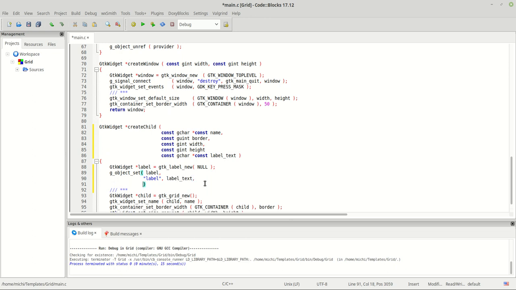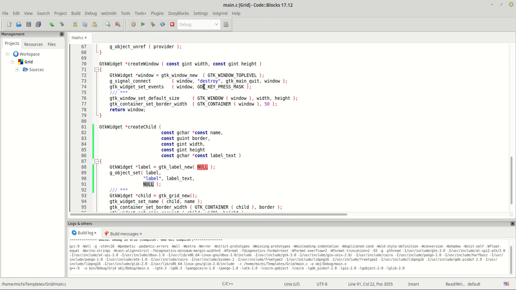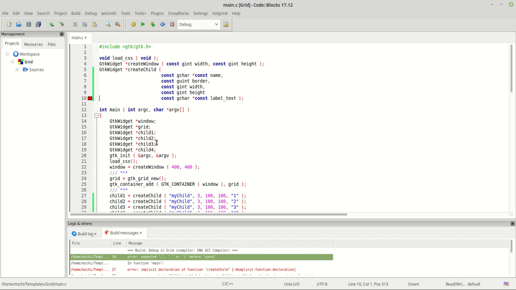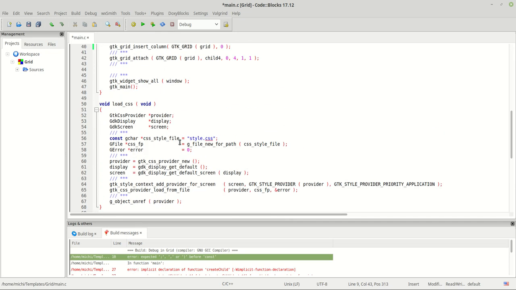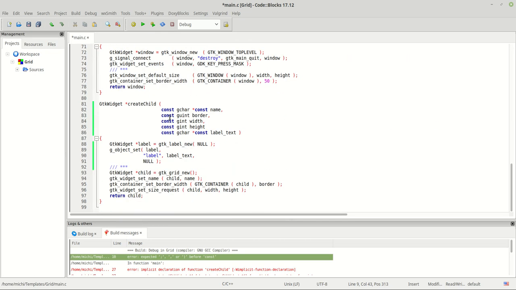And of course, always after you work with this property, with this function g object set, make sure that after you use your object, after you use your property, the last thing always has to be null. So let's see what happens now. Of course nothing happens, because I think we have a mistake. Yeah, one is here, I forgot a comma, and the other one is here, and also